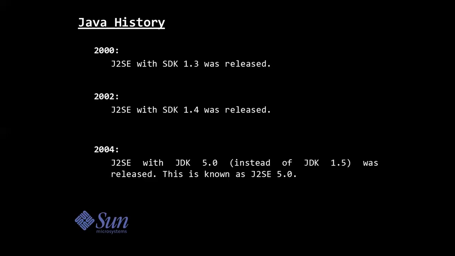The most striking feature of the language is that it is a platform-neutral language. Java is the first programming language that is not tied to any particular hardware or operating system. Programs developed in Java can be executed anywhere on any system.